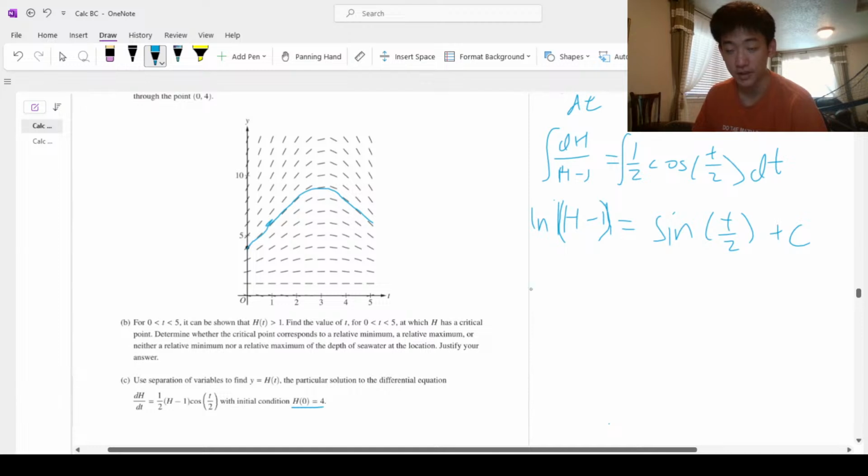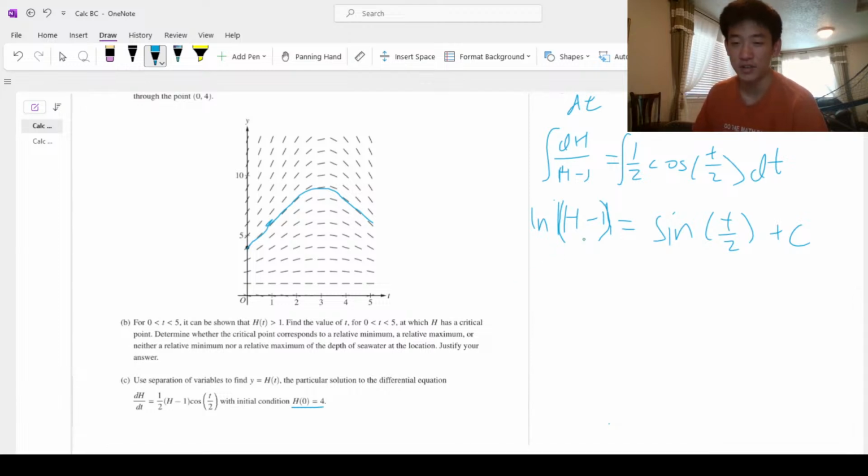So you have this initial condition. A lot of my teachers, and I also agree with them, recommend to find c as early as you can because that gives you a point. So even if you mess up the stuff after that, you still get the point. So plugging in, so h of 0 equals